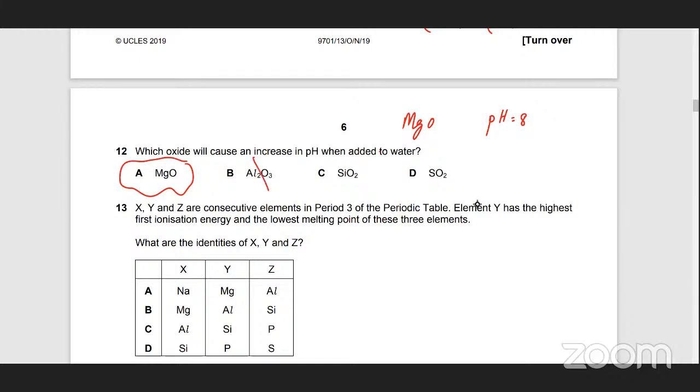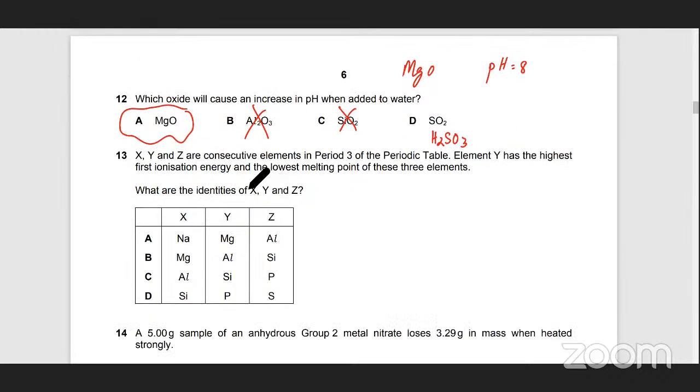Aluminium oxide is not soluble in water. SiO2 is not soluble in water. Sulfur dioxide is soluble, but it would make sulfurous acid, which is going to make it strongly acidic. X, Y and Z are consecutive elements in period 3 of the periodic table. Element Y has the highest first ionization energy and the lowest melting point of these three elements. So this question asks,